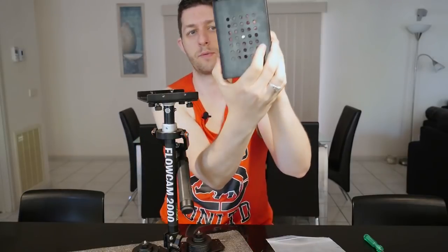I think this one here, if you can see it, I think that's the one we're going to be using to mount our quick release plate. Yep, just screws up through there. Now you can mount this in any of these holes you want. Remember, this does slide back and forth and side to side, so you don't need to get it perfect, but